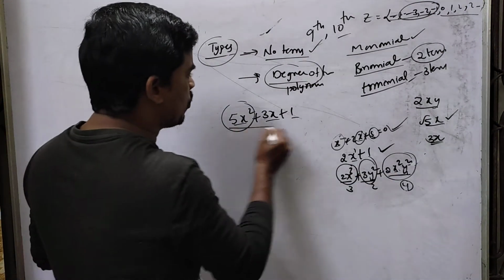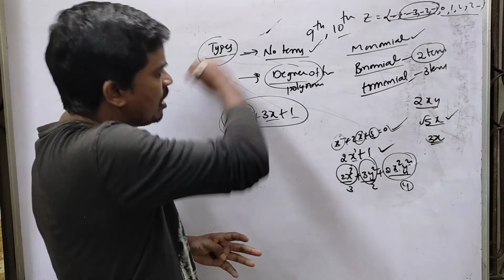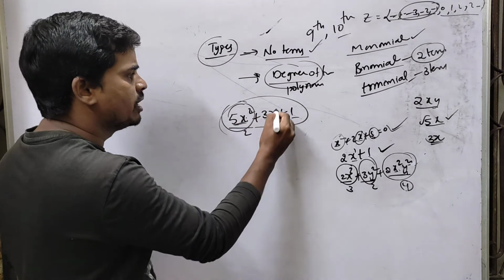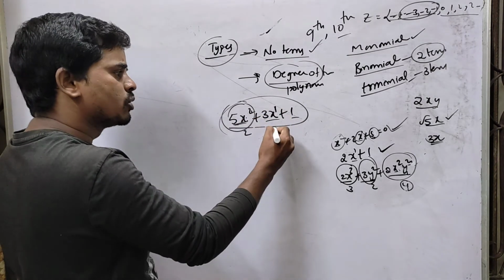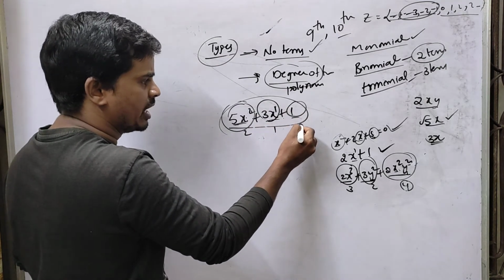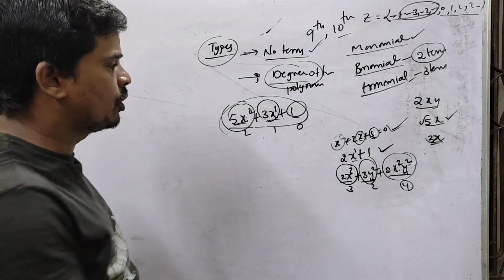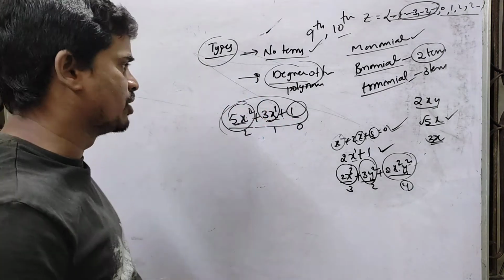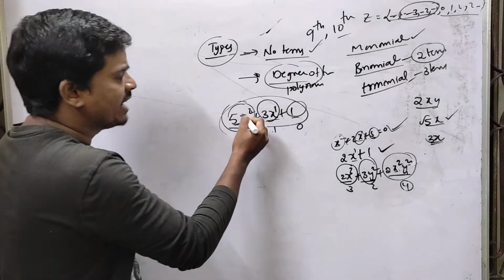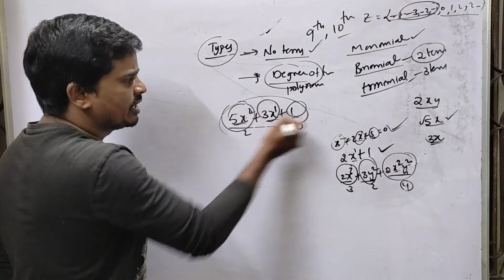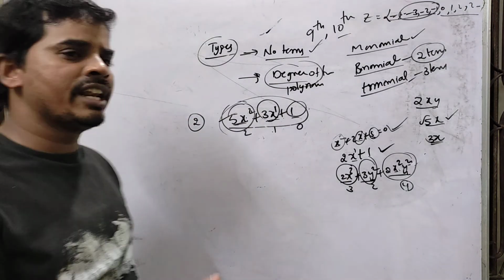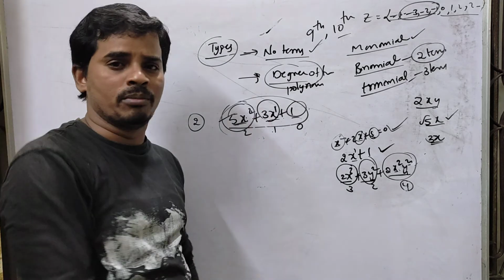Then it comes to the whole polynomial. What should we consider for the degree of the polynomial? Here the degree of this term is 2 because the power is 2. Here the power is 1, nothing is written, so it's power 1. So the degree of this term is 1. If there is no variable, all the numbers except 0 are constants, and their degree is 0 only. Keep in mind, students. Here the three terms have degrees 2, 1, 0. The highest degree in the polynomial is 2. So this is a degree 2 polynomial. The highest degree of the terms is called the degree of the polynomial.